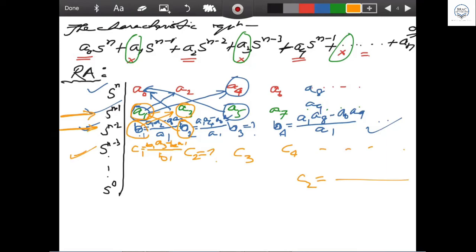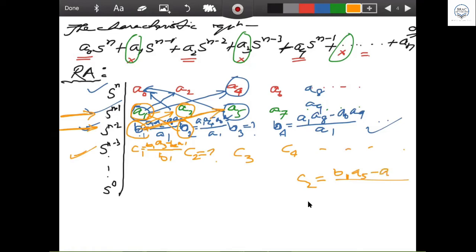B1 into what? I just show you here. Oh, you cannot see. Okay, I'm seeing, sir. B1 into A5 minus A1